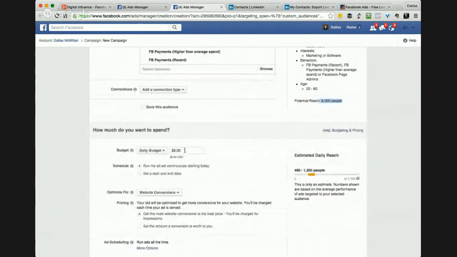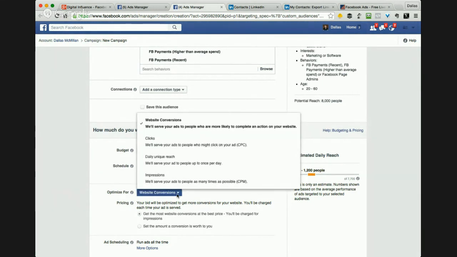Then we can set a budget. Currently it's set at $5 a day. For some reason it's showing US dollars here. I usually change that to Australian dollars. And what we're doing is optimizing for website conversions, and this is really important. Facebook knows some people are much more likely to click on your ad and then go through and fill out the form and end up at the conversion page.